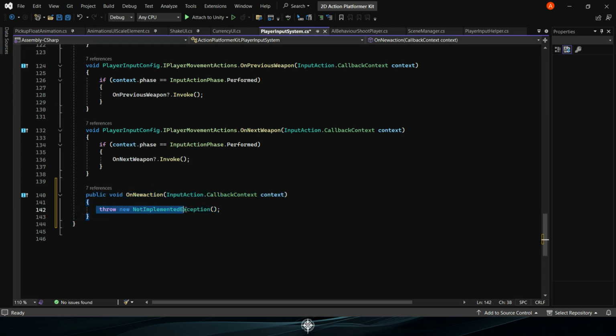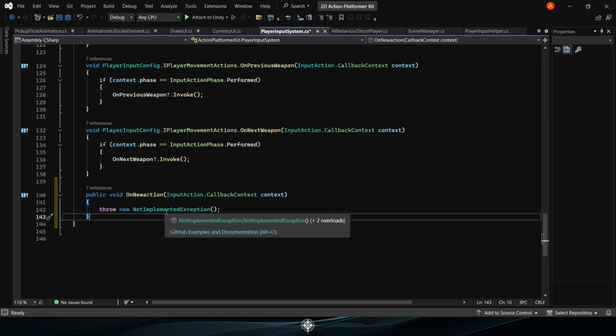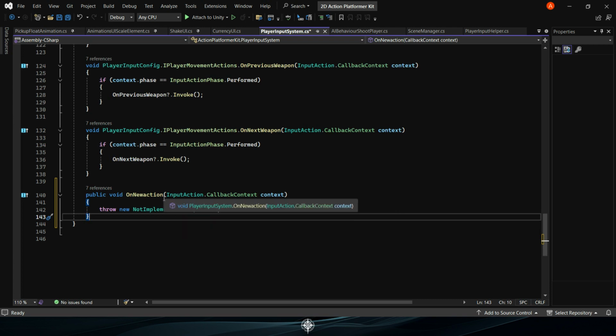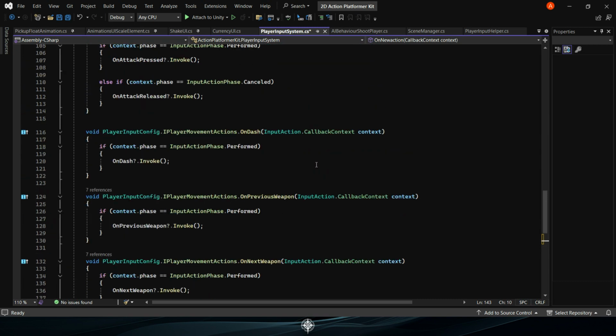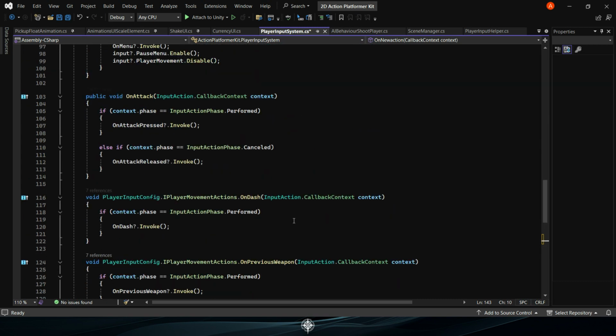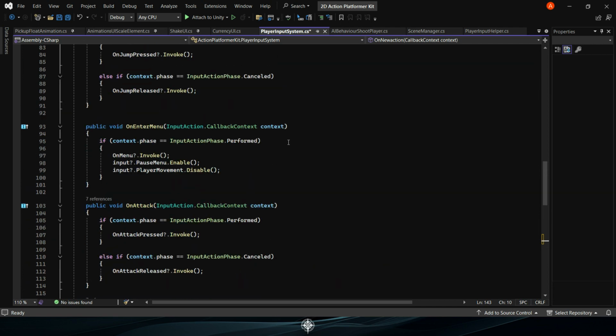This is where you'll add the specific code that dictates how the game responds when this new action is triggered. Whether it's a special move, an interaction, or any other function, you can code it to enhance your gameplay and provide players with more control options. Inside the Player Input System script, you will find definitions and implementations for all the actions included in the kit. This comprehensive overview not only helps you see how the input system is structured, but also serves as a blueprint